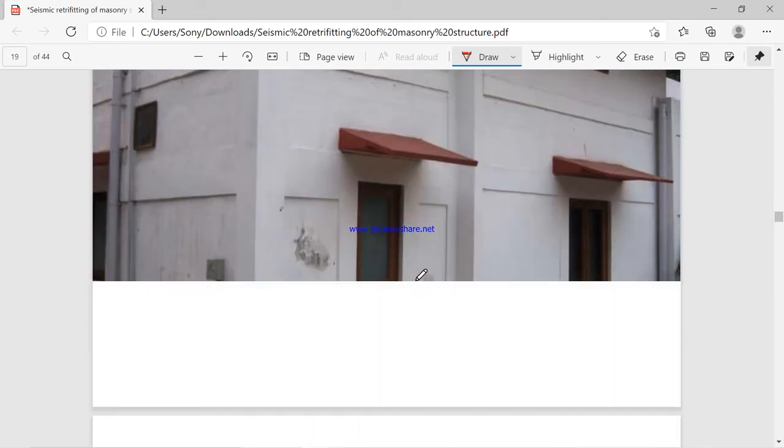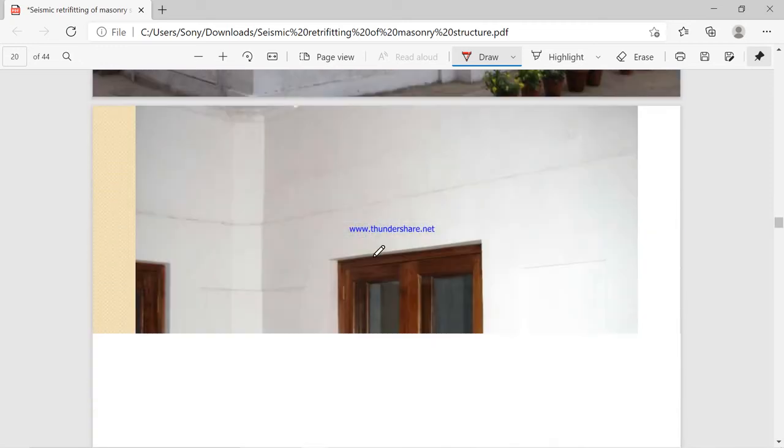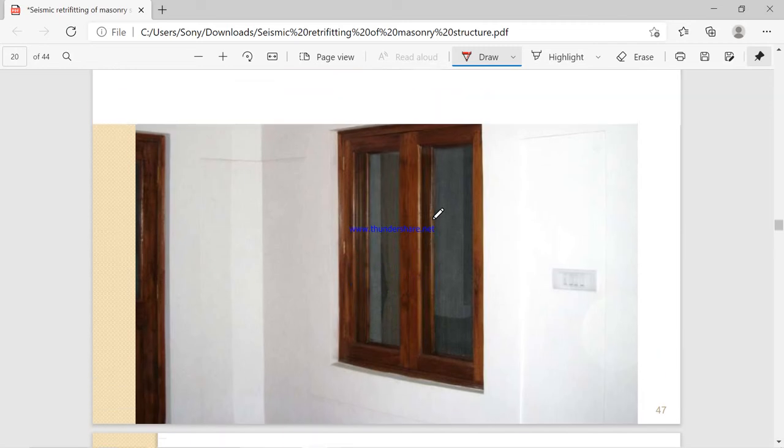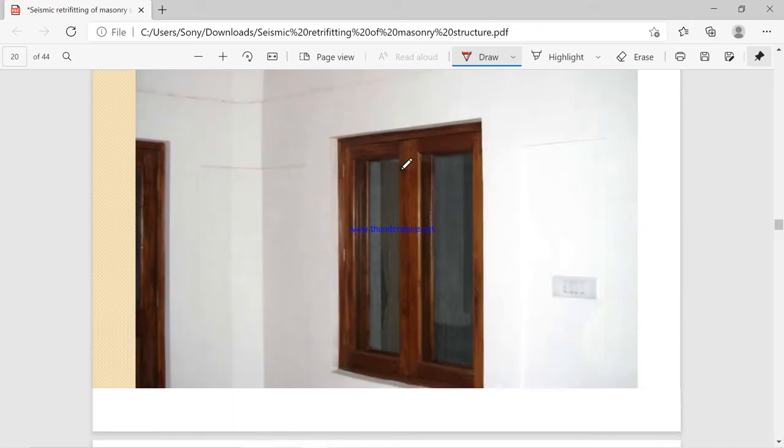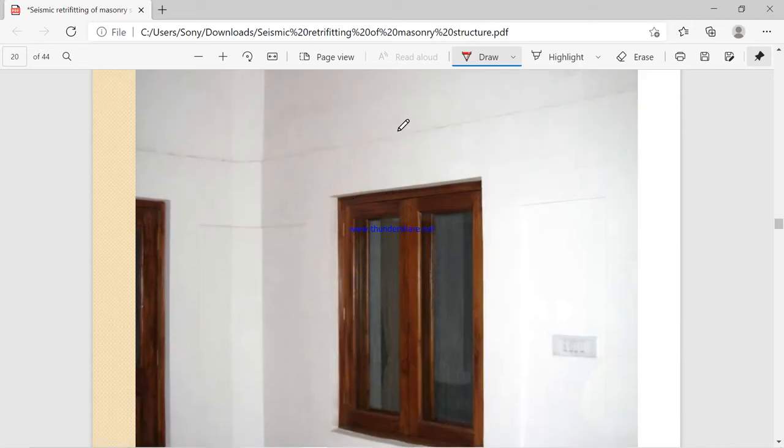This is a typical photo. You can see the prominent portion above the wall; this is a horizontal band provided above the lintel of the windows and doors.